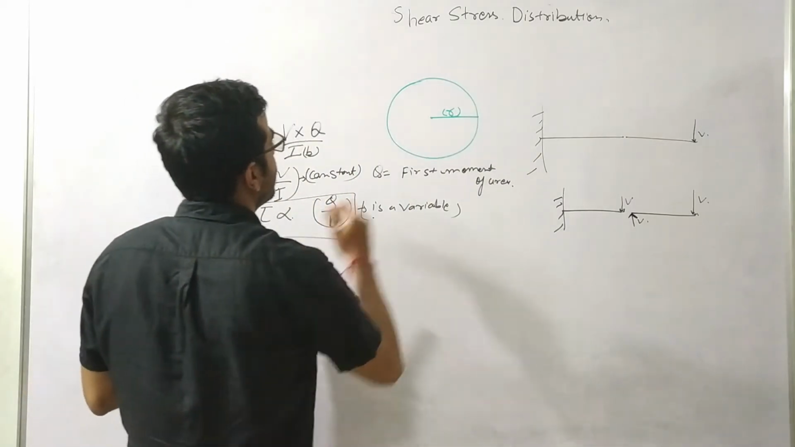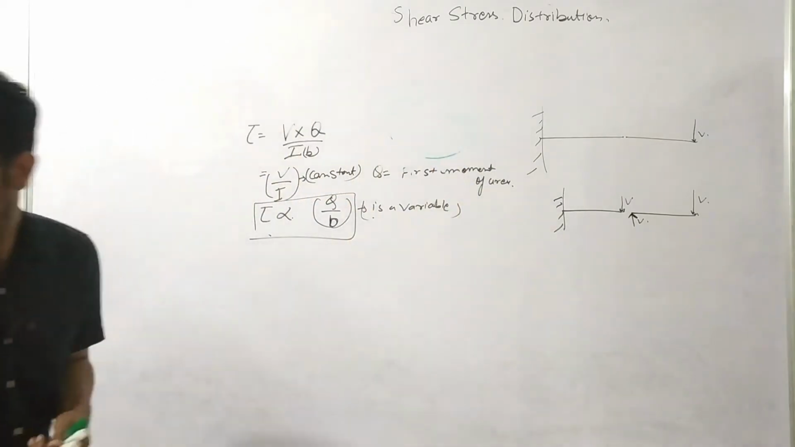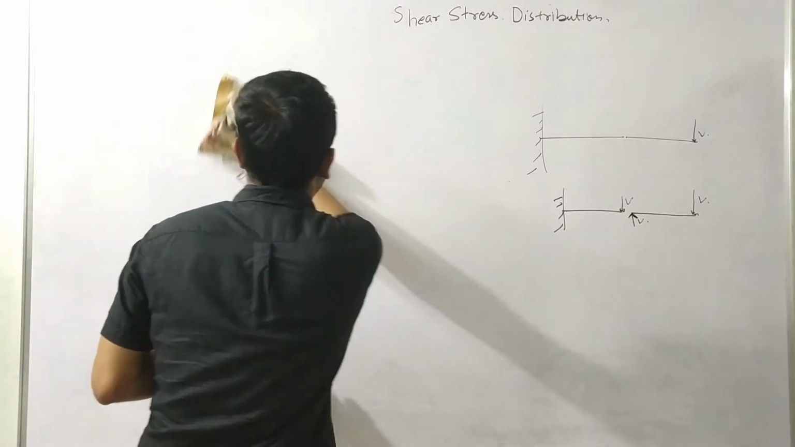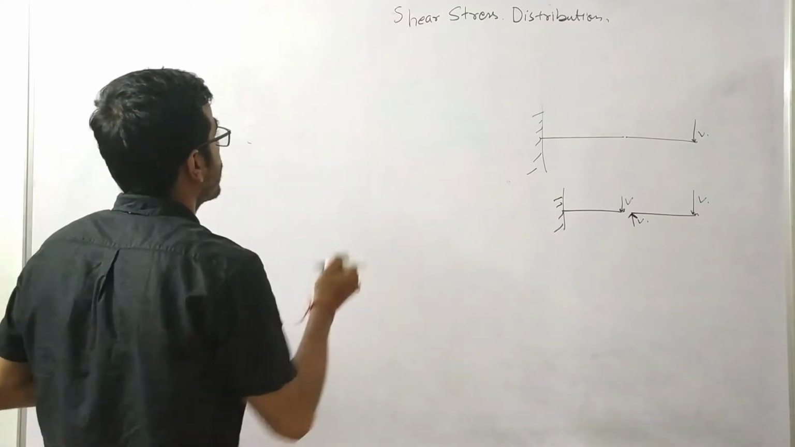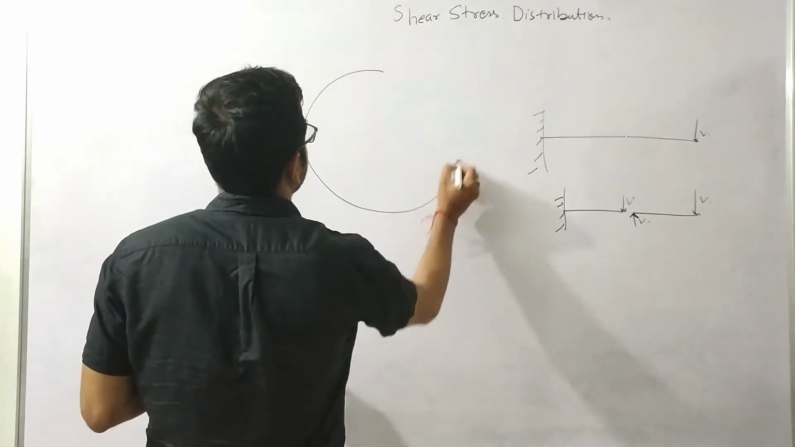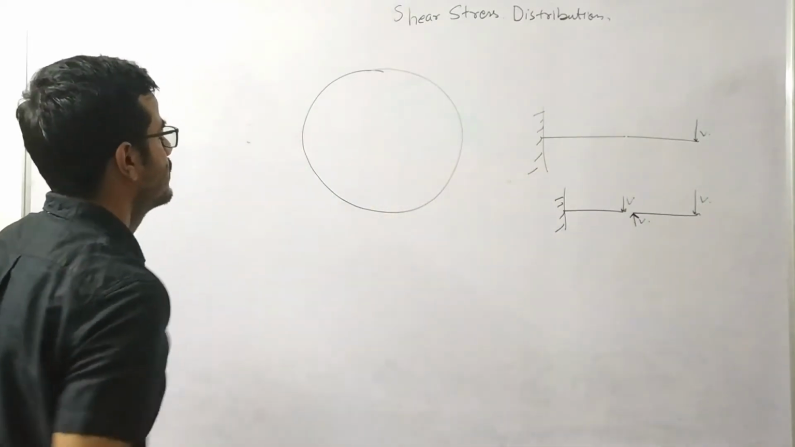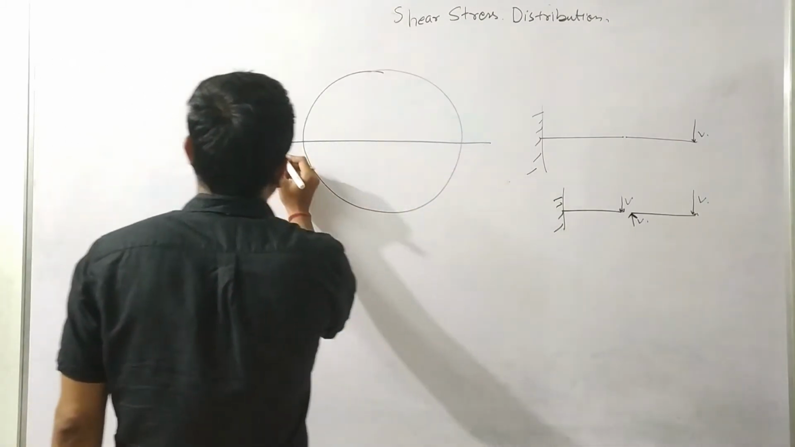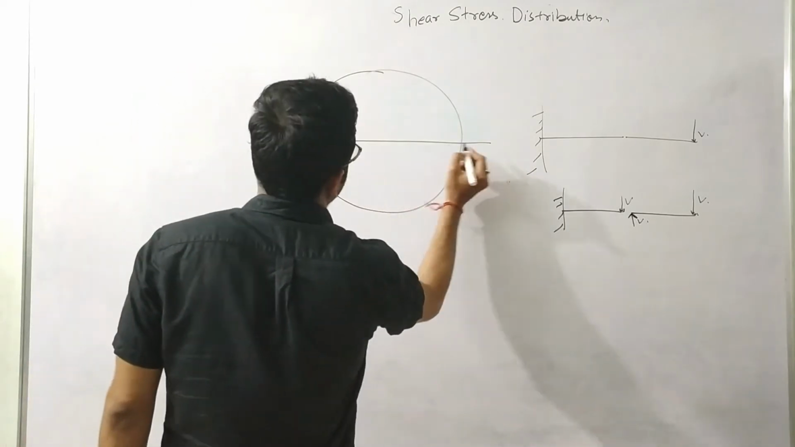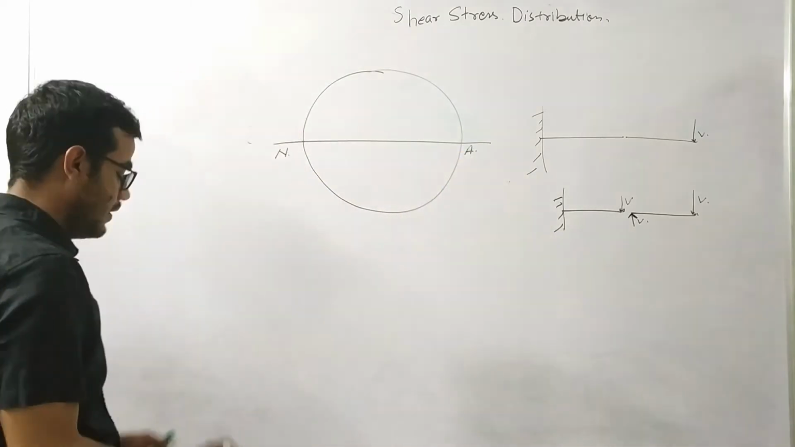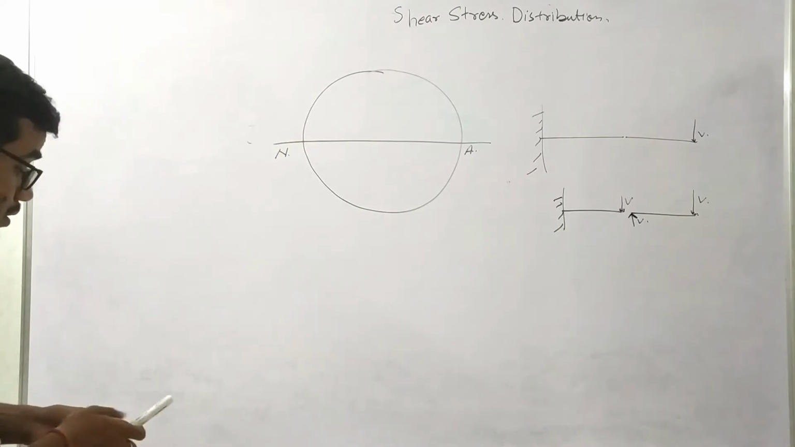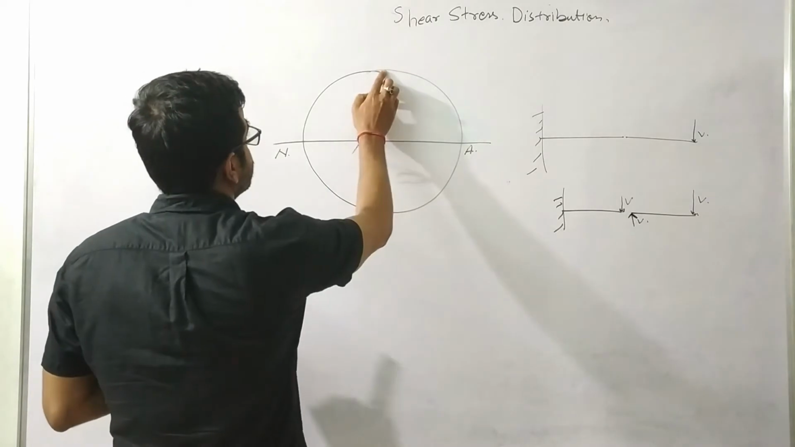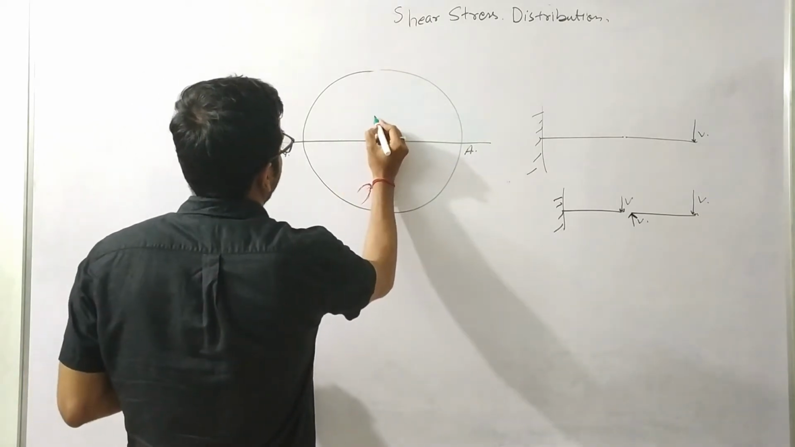So what I am doing over here, let me draw it again. If this is a circular cross section, this will be the neutral axis, also known as the centroidal axis. What I'm saying is that at a distance of y,